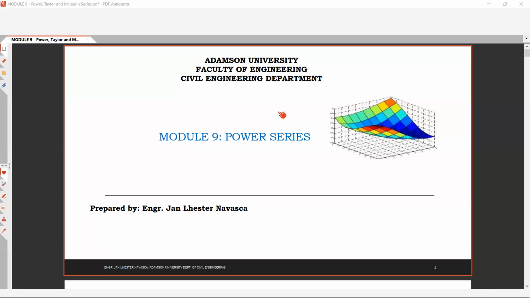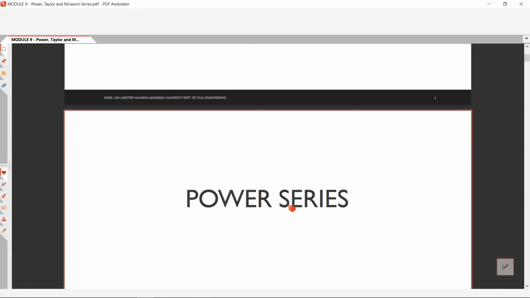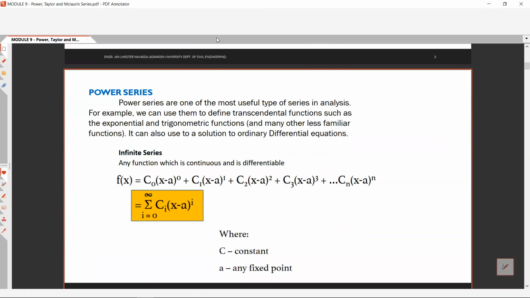So, we will use a power series to approximate transcendental function into a polynomial functions. So ano tayo curve fitting. So ito yung topic na to. So curve fitting. Okay, so for power series, yung power series are one of the most useful type